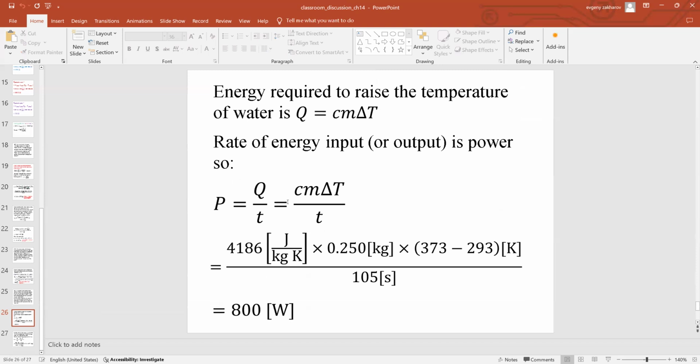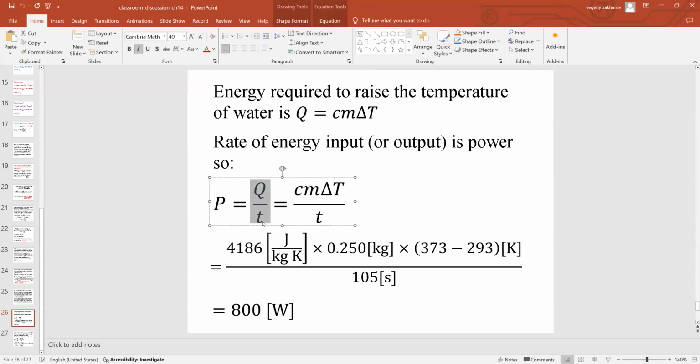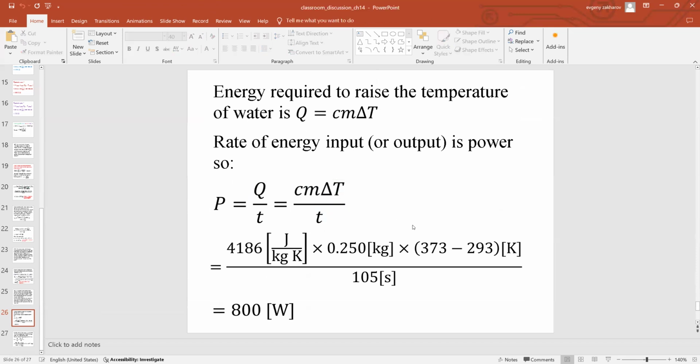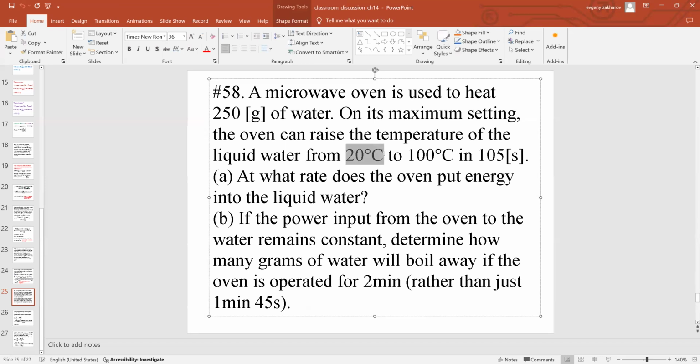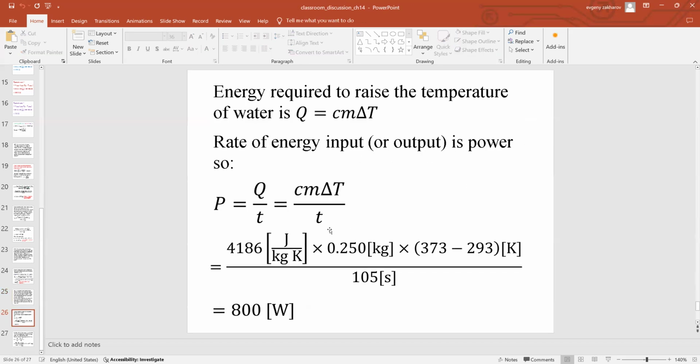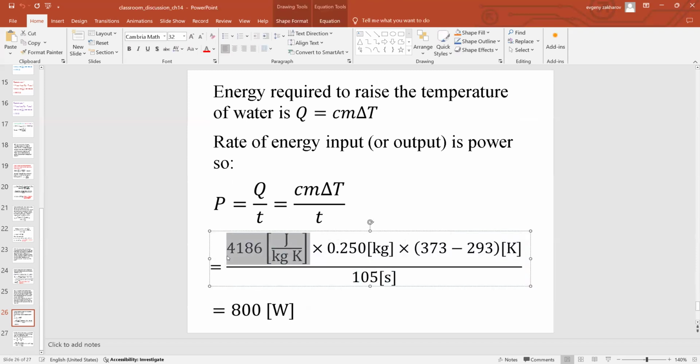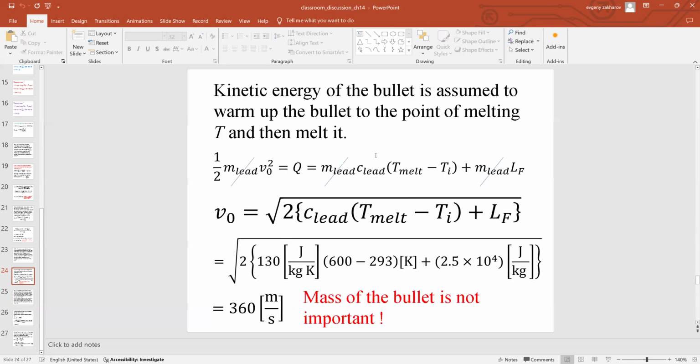The power output is energy transfer with respect to time. And energy transfer is Cm delta T here. There's no phase change for now. It's just heating up water from room temperature to boiling point without any transformations in the phase. So just Cm delta T. The liquid water is 4186. We did this coefficient before. Then it's the mass of water, which is